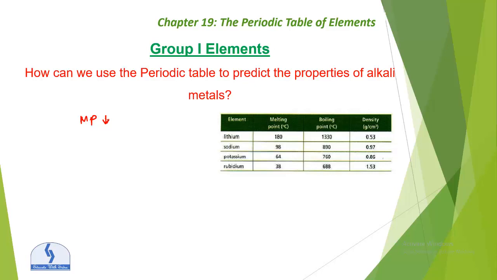If you are given a periodic table to predict a property, for example, I gave you the chart and told you the melting point of lithium is 180, and guess what about sodium? If I give you the lithium and potassium melting points, and this one is missing, you have to write between 180 and 64, the range between 180 and 64. You can predict the melting point of sodium, right?